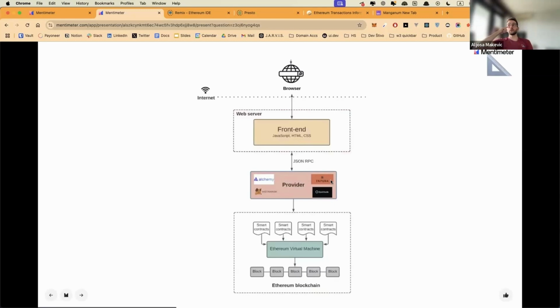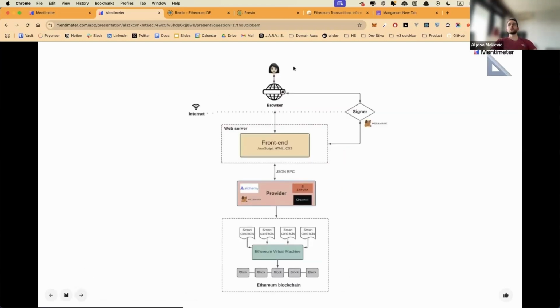Now, you have a certain number of free pings that you can make through Infura, so you can play around with that, but after a certain point, they bill you like a monthly subscription. But so you can use them, and you don't have to participate in keeping the network alive.